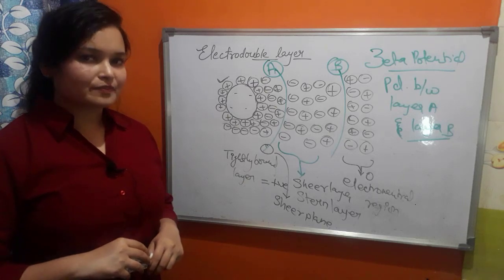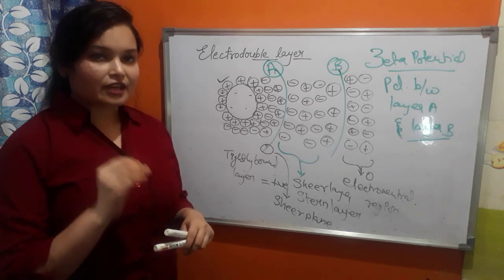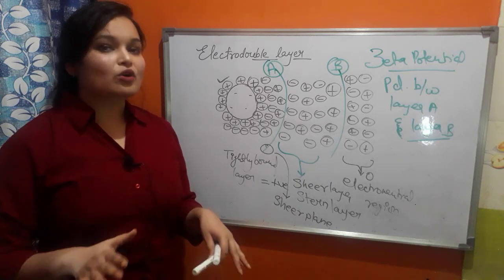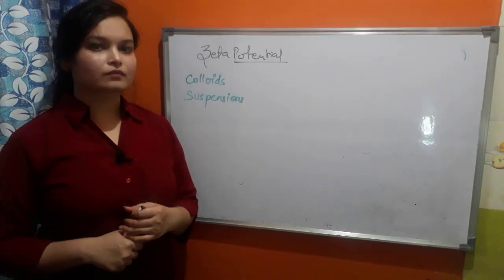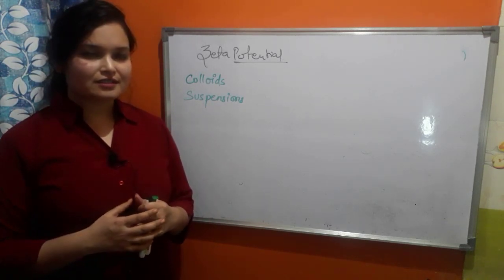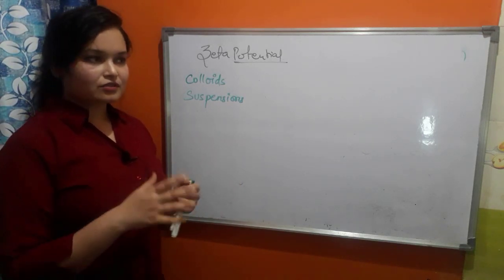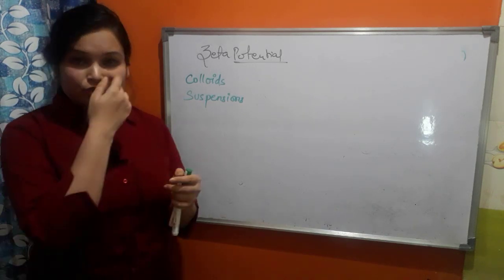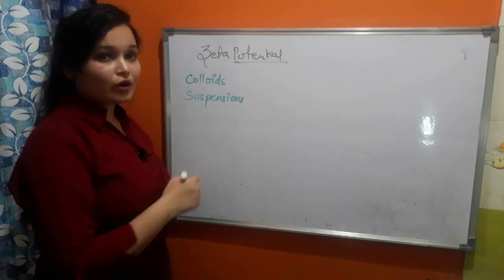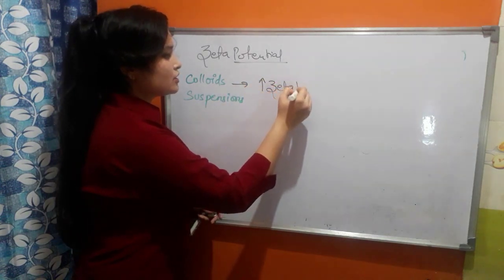You know what colloids are. Colloids are the systems which contain the solute in nano size. If the size of the particles in a colloid exceeds the nano range, it won't be called a colloid anymore. Colloids, being systems having nano range sized particles, need to have a higher zeta potential just to keep them suspended, so that these particles would not come a lot closer to each other and they don't settle down. For colloids, it is important to have high zeta potential.